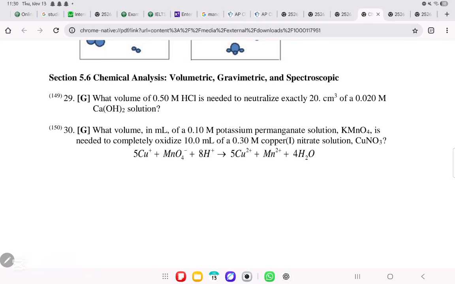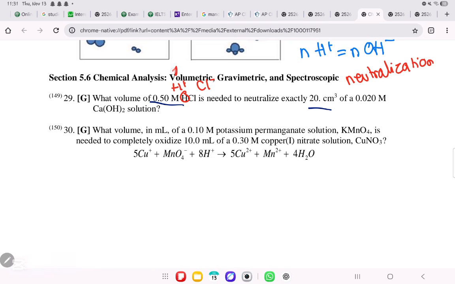What volume of 0.50 molarity HCl is needed to neutralize exactly 20 centimeter cubed of a 0.020 molarity Ca(OH)2 solution? So what you need to know is that the number of moles of H+ should be equal to the number of moles of OH-, right? In order for there to be neutralization. Okay? So here, the number of moles of my H+ is what? First of all, you draw the ratio. It's 1 to 1. So it's the concentration, 0.5, times the volume, which we need to find,